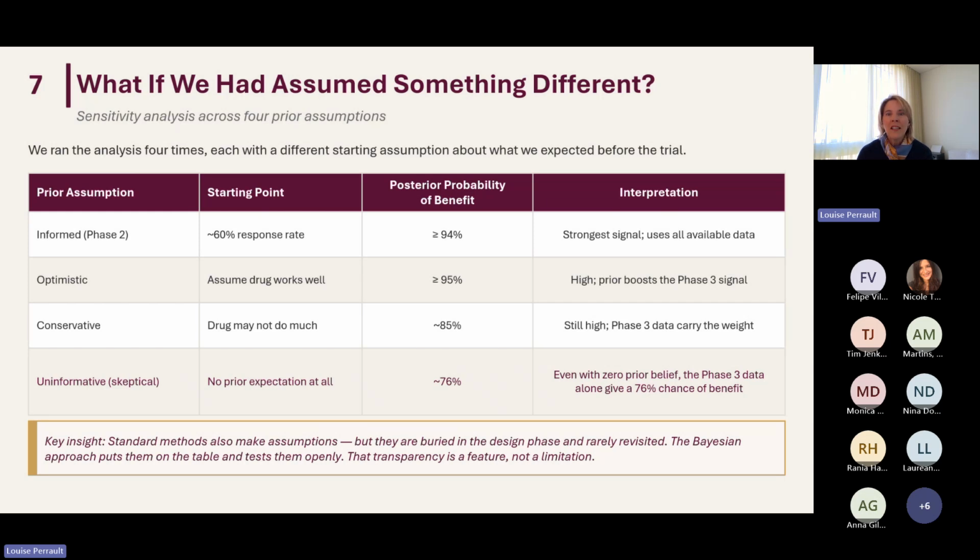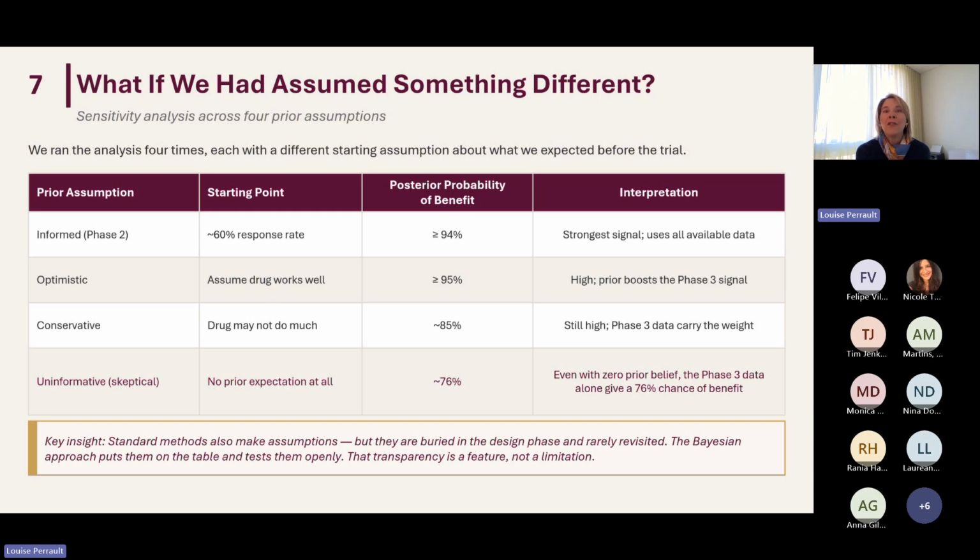One starting from what the earlier study actually told us, the phase 2 study, one with a more optimistic starting point. So we assumed that the drug would work quite well. One with a cautious starting point, assuming it might not do much, and one with no starting point at all,